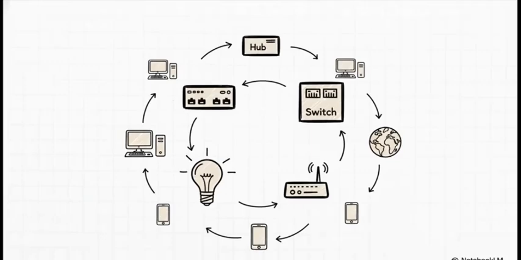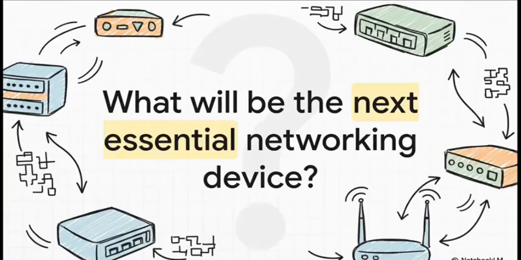And that's the whole story. From the simple shouting hub to the smart switch, the globe-connecting router, and all the way to a future powered by light, this is the team of hardware that works tirelessly behind the scenes to build the digital world we all pretty much depend on. So, as we've seen with the smartphone, the big trend is integration, packing more and more of these jobs into one single piece of tech. So that really makes you wonder,